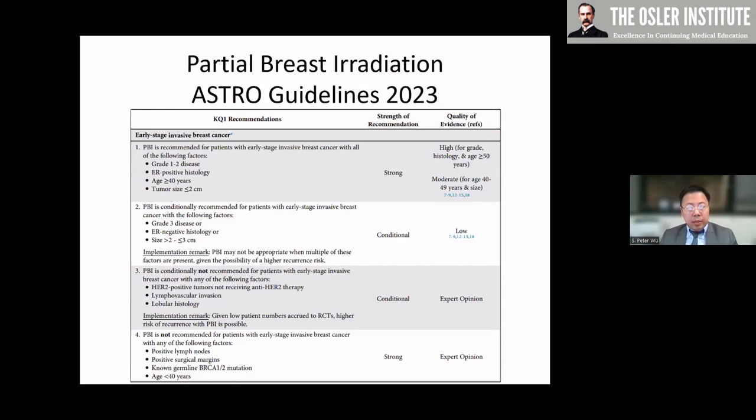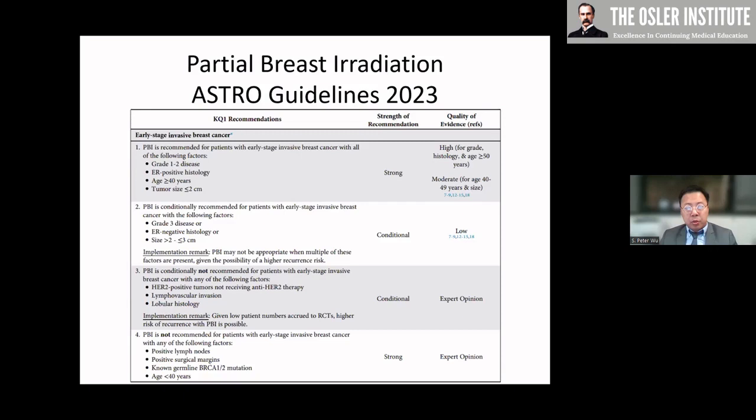And everyone in between that does not fall into these categories, in a very inclusive way, can be considered conditionally recommended, and a lot of discussion has to occur. I think in this era, most